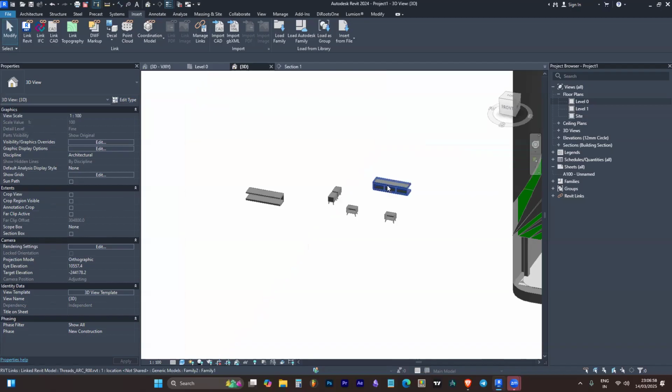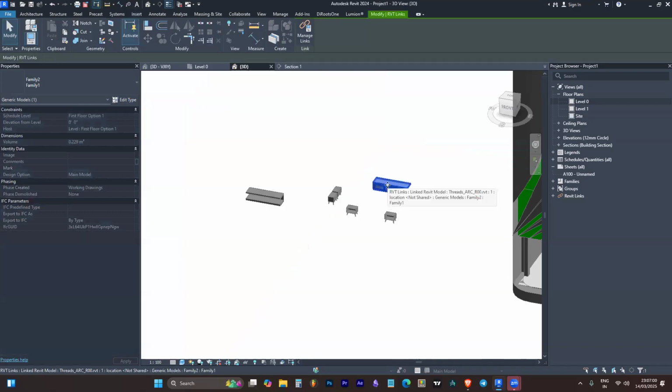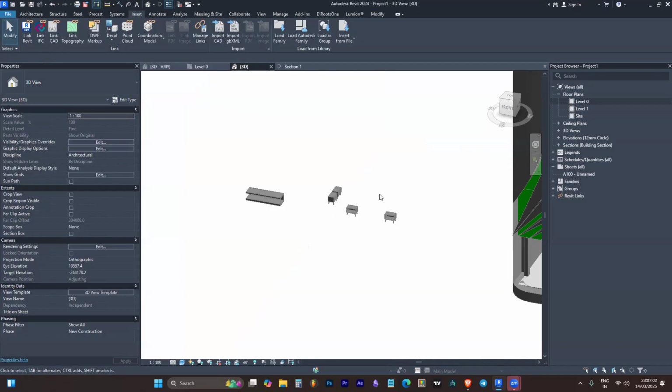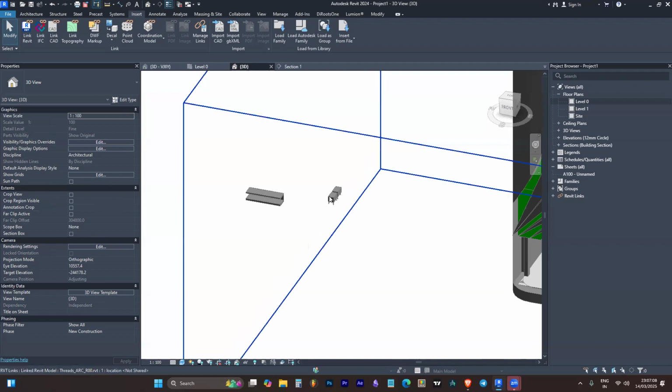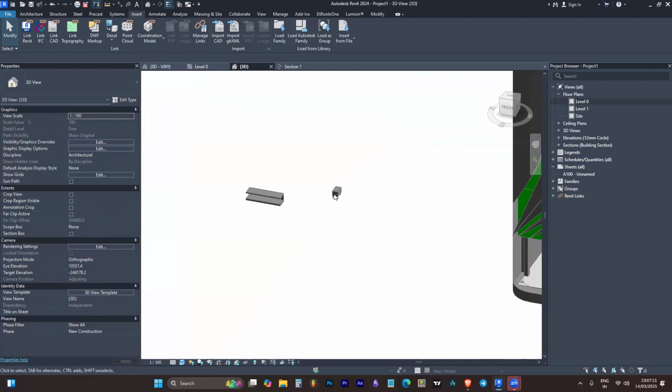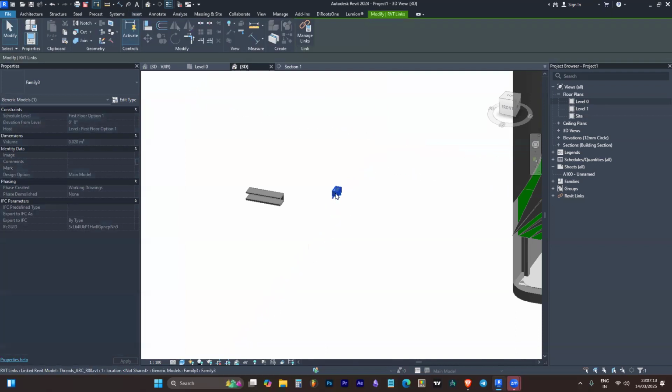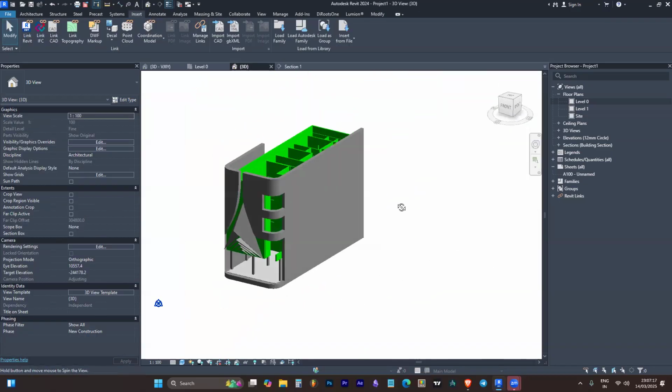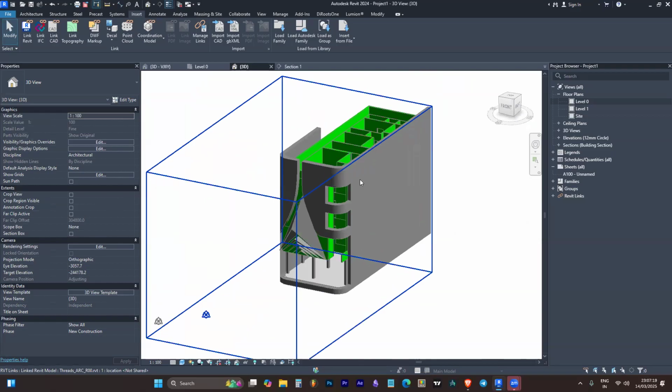I'm pressing Tab to select it, EH to permanently hide. Tab it, EH. Tab it, EH. I'm hiding it permanently. Those were hidden. Now I have to change the wall color. It was looking